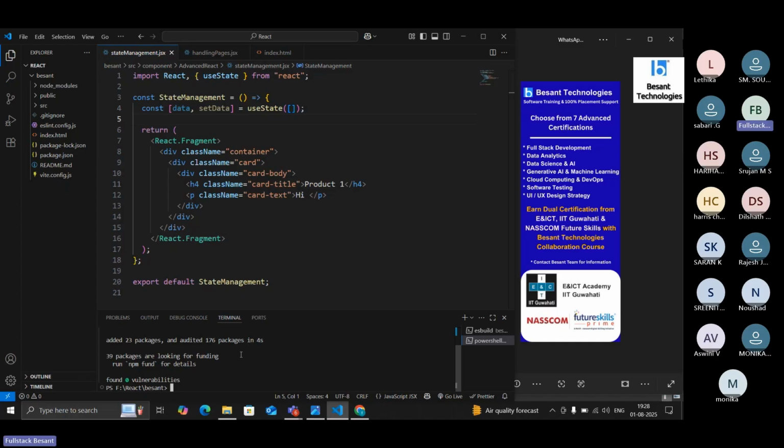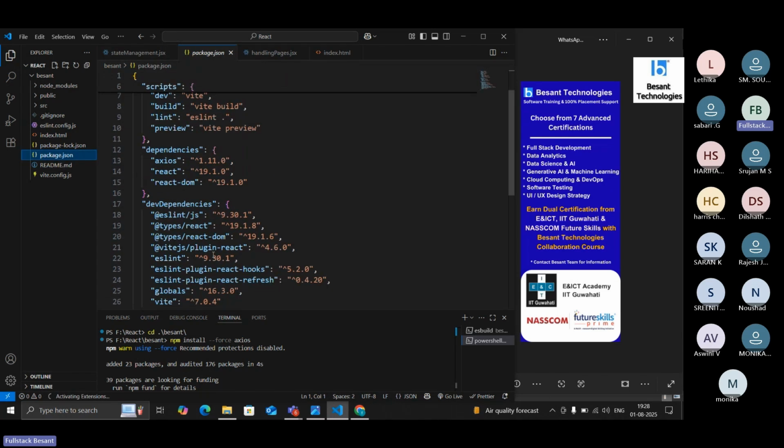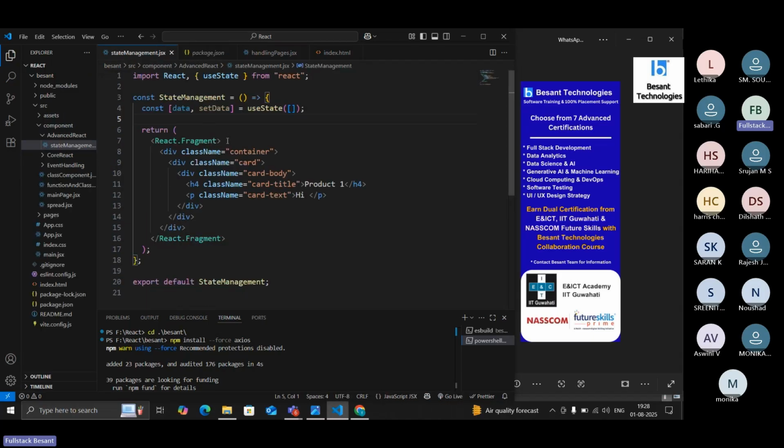Okay, so yes, I have installed Axios. You have to check whether Axios has been installed or not in the node modules packages. So go to package.json and check here. Yes, we have installed Axios. Now we are going to fetch data with Axios